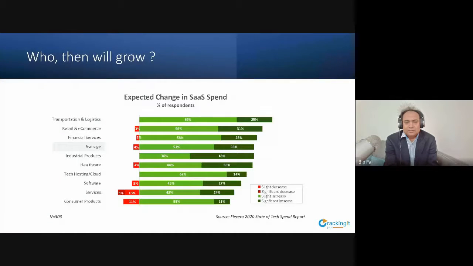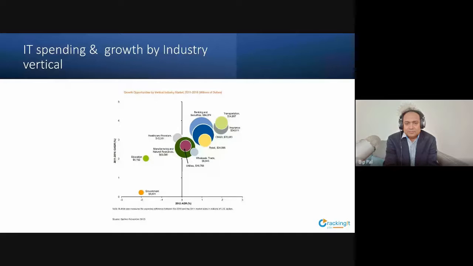In fact, you need to get into a vertical where you can grow. And I'm coming to what those verticals are going to be. Now, let's take a look at the industrial verticals by IT spending. The size of the circle gives you the size of IT spending. If you look at the biggest circle, obviously banking and securities, what we call FinTech, is one of the largest. That's around 84 billion in IT spending. I'm giving you statistics mostly for the US, and probably they're 5 years old, but roughly it is the same even today.